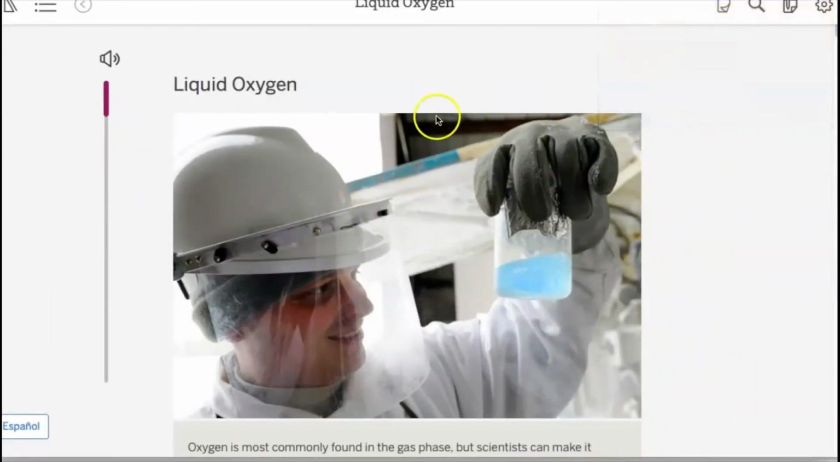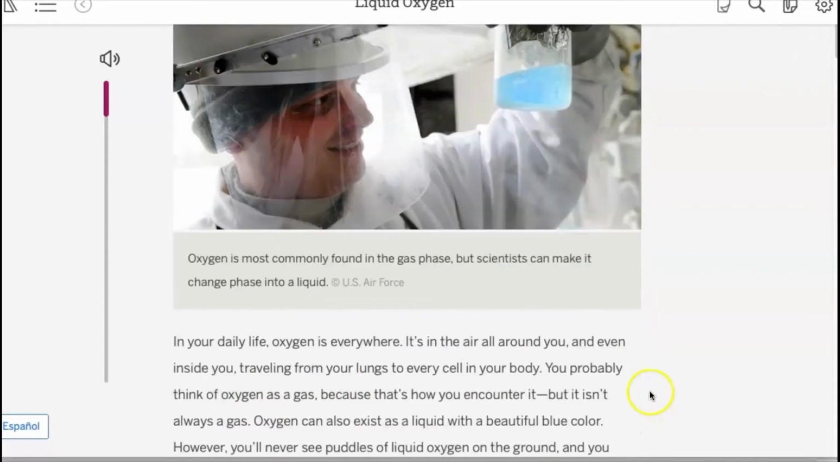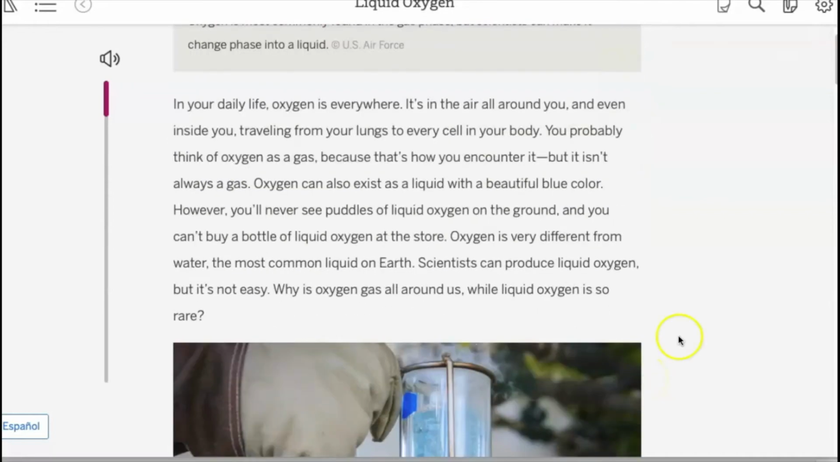And I'm gonna get rid of me. Okay, so I read the title, Liquid Oxygen. I see the picture, and it's a guy holding a picture of the, whatever that is. Oxygen is commonly found in the gas phase, but scientists can make it change phase into a liquid. So I'm reading at the bottom the caption. So I'm gonna go with the first